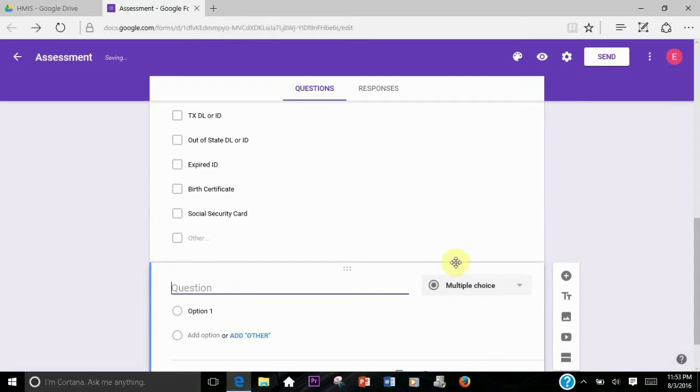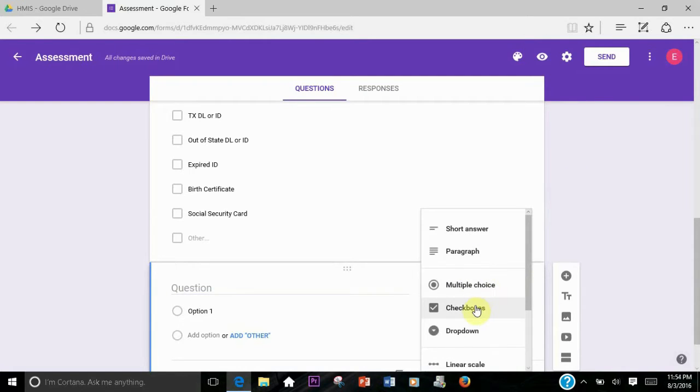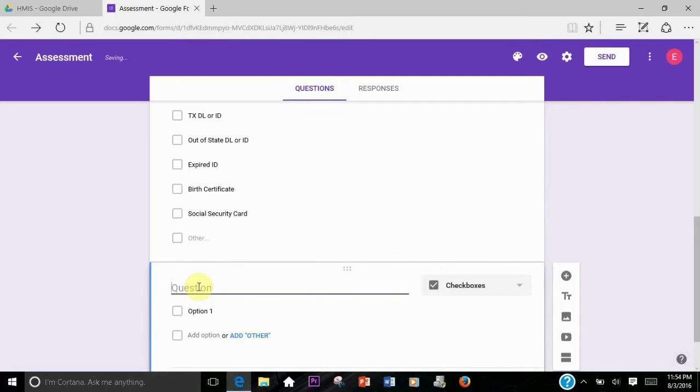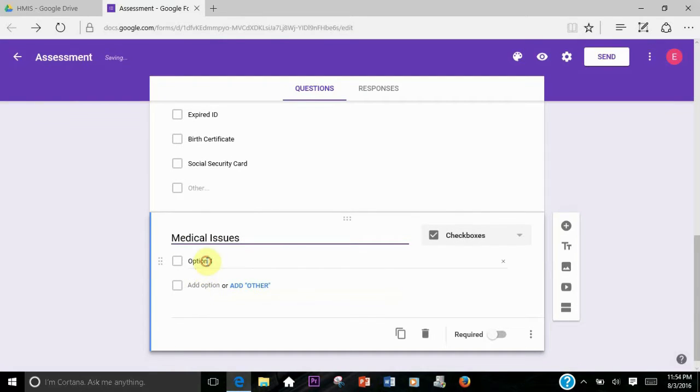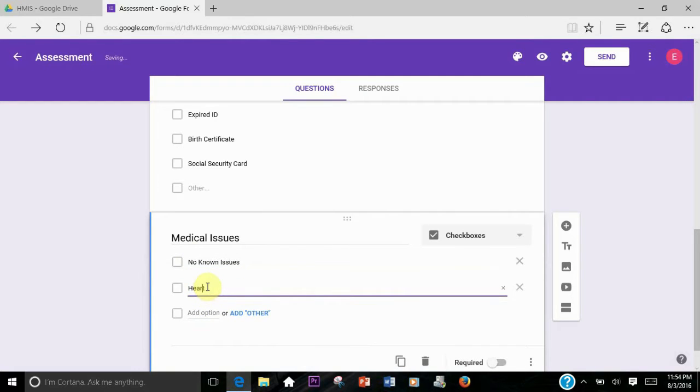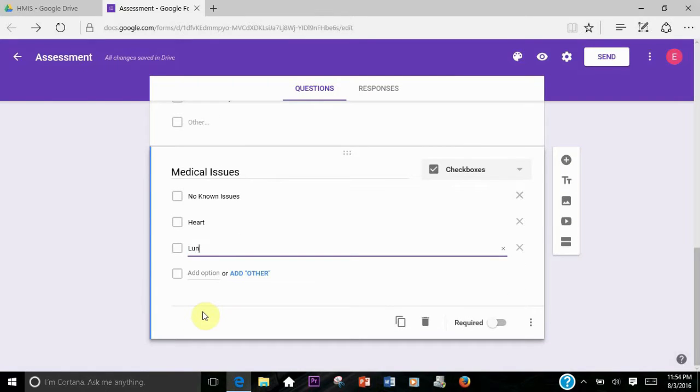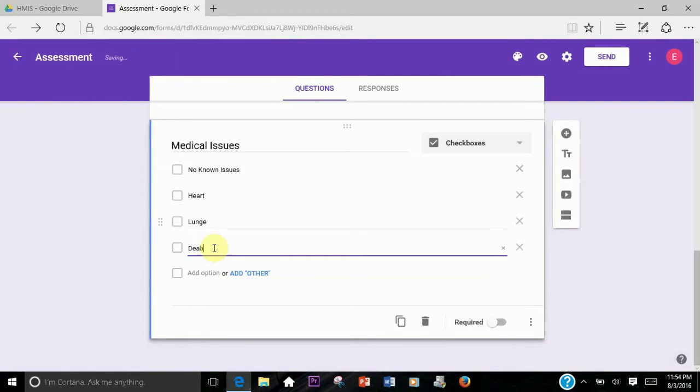We're also going to create another checkbox, and we're going to call this medical issues. This is going to be way shorter than I would normally make it, but we're just going to put in just a few. This is mainly to test that it works. We're going to say no known issues first, and for brevity's sake, we'll just say heart, lungs, very common one,